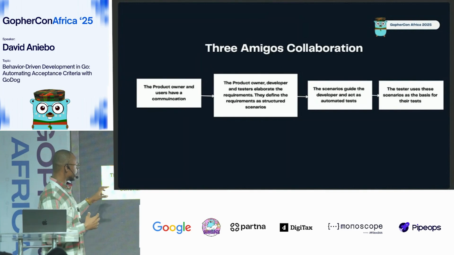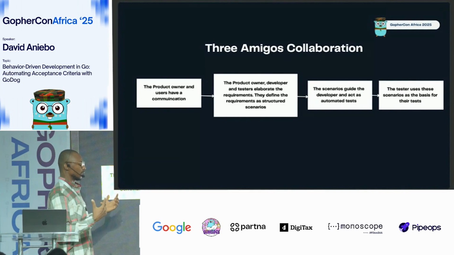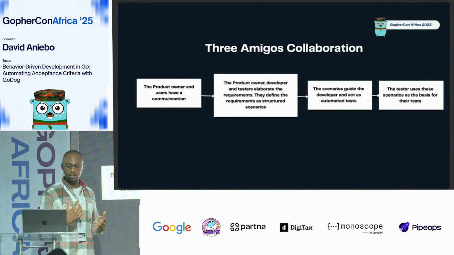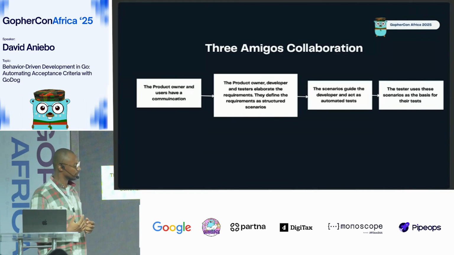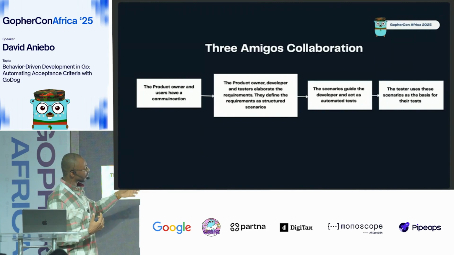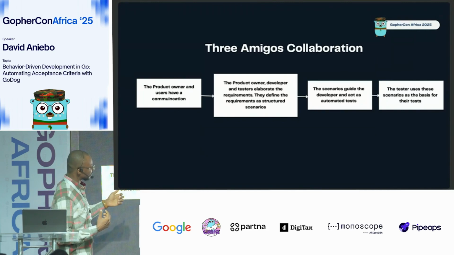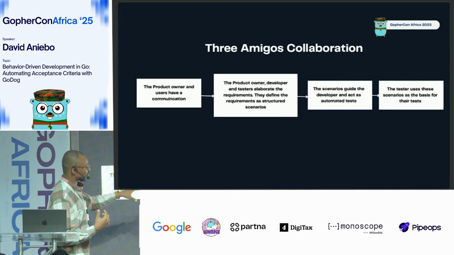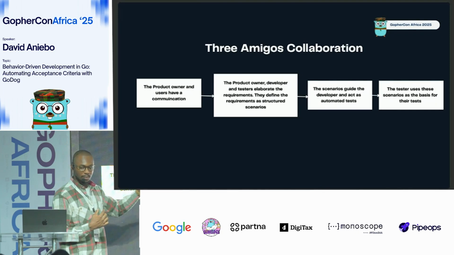So that is how this collaboration happens in behavior-driven development. Here the product owner and users communicate together, because we are trying to build the software from the user's perspective. The product owner, the developer and the testers also elaborate on the requirements. They define the requirements as structured scenarios. Here we are writing our scenarios down